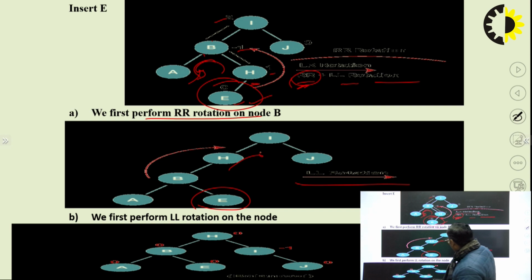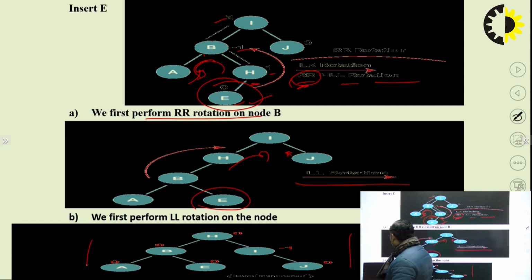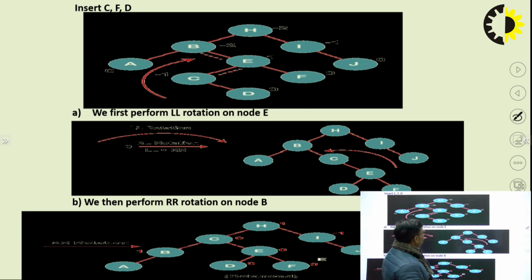Again we push I, pick I and pull in a clockwise direction. After the clockwise direction, H will act as a parent of I. देखिए इसको ऐसे पकड़ेंगे और इस तरह से पुश करेंगे, तो हमारा जो H है वो I का पेरेंट बन जाएगा और J एज इट इज रहेगा। यानी हमारा जो बैलेंस फैक्टर है वो इस फॉर्म में आ जाएगा, ओके।